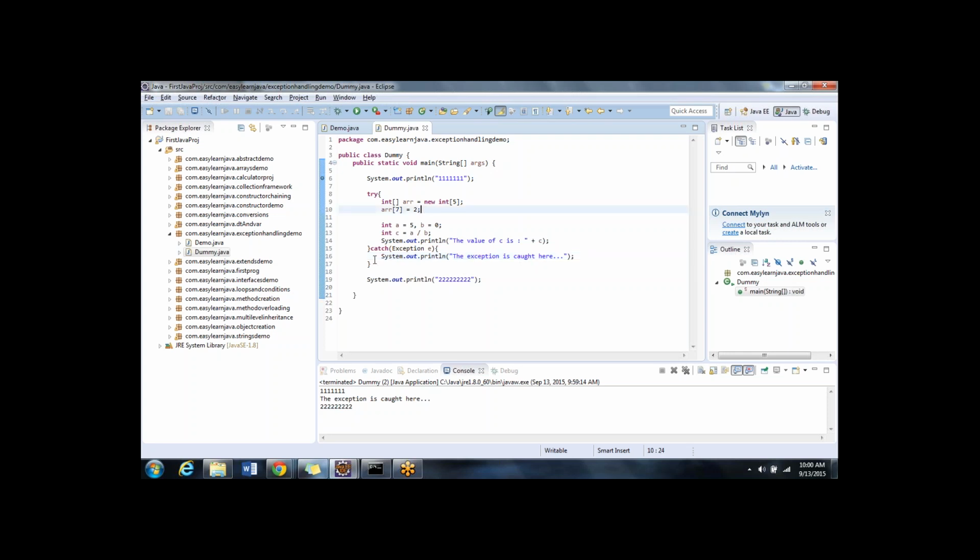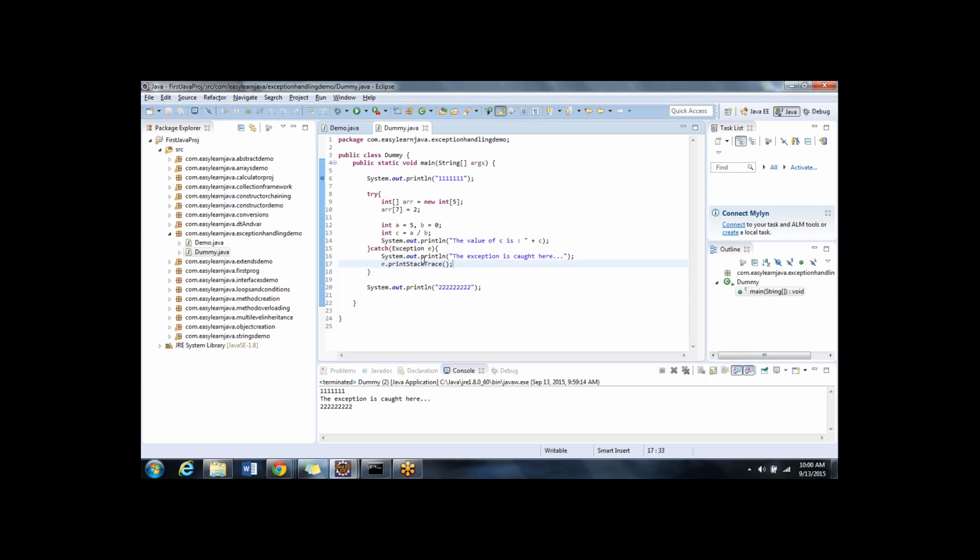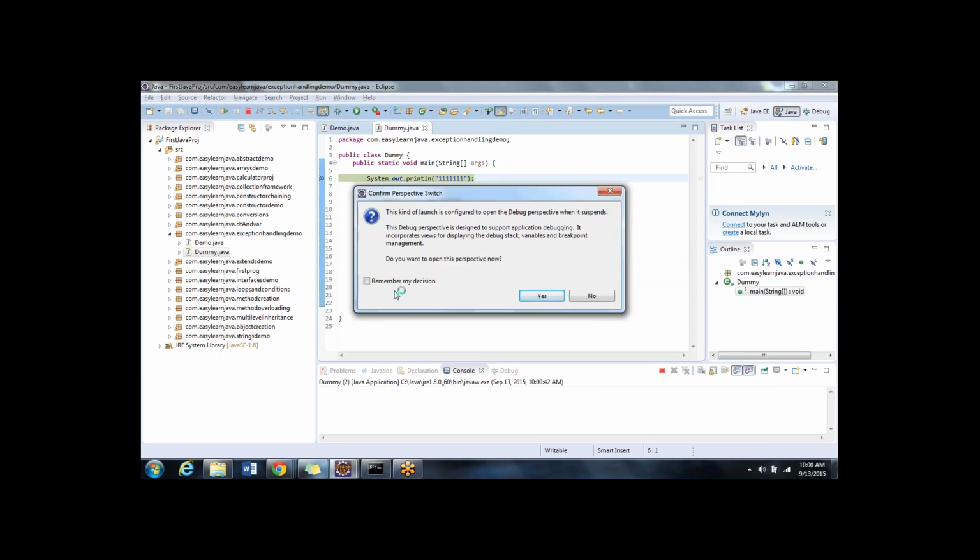Okay. Now, let us try to see what exactly are the kind of exceptions that are happening. e is a reference variable of type Exception. Now, e.printStackTrace. printStackTrace is a method which is already defined in this Exception class, so that it can print some error messages for you, like what is happening. Now if I debug it,